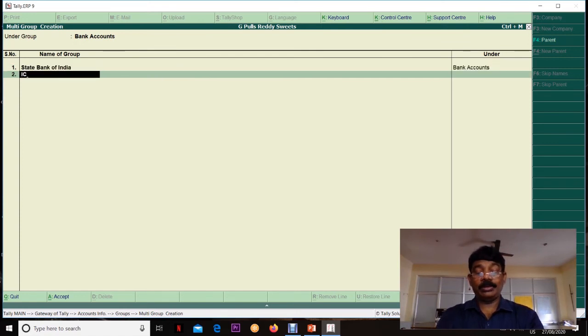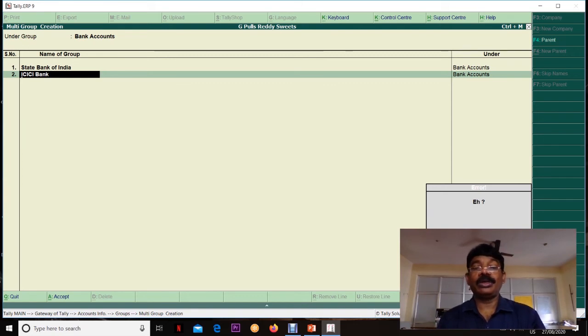ICICI Bank. Here you will see, look at the right side down: name already exists. If any group or ledger is already created, it will alert us that it is already created.